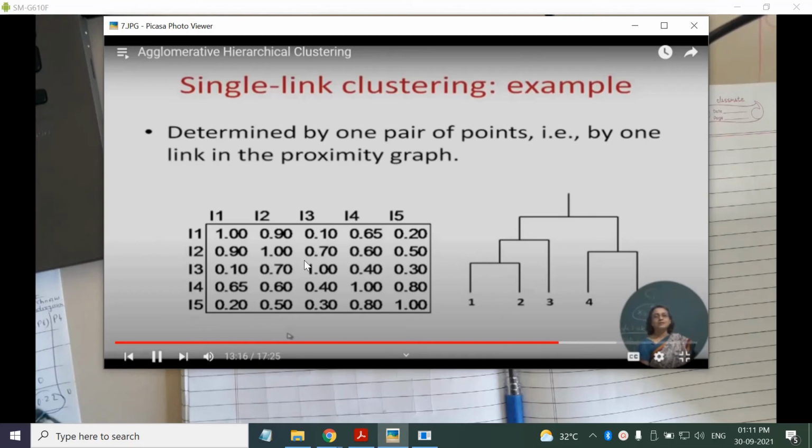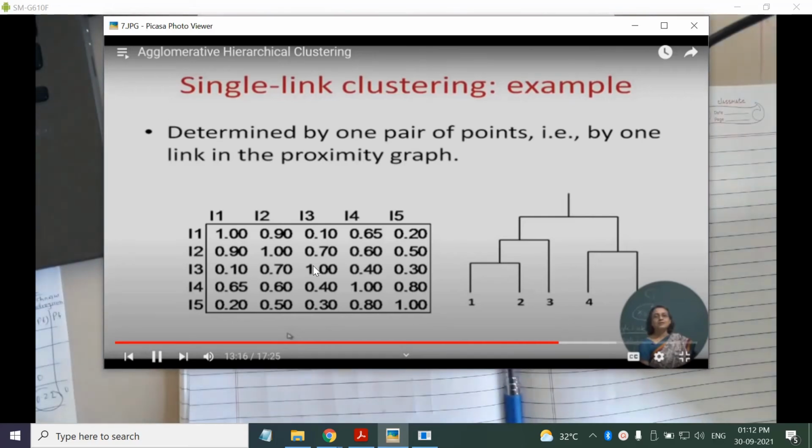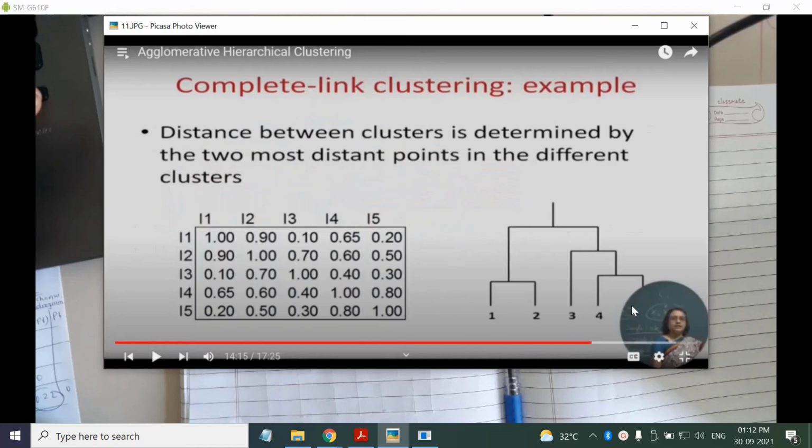Okay, now so on this matrix they have applied single link clustering and they have got this dendrogram. Okay, observe, this is the dendrogram. Okay, 1 2 is merged with 3. Okay, and 4 and 5 are merged, and if we apply the complete link, see the dendrogram is different. The matrix is same, the dendrogram is different. Okay, so if you use different linkage technique, you will get different. In some cases you may get identical one also.